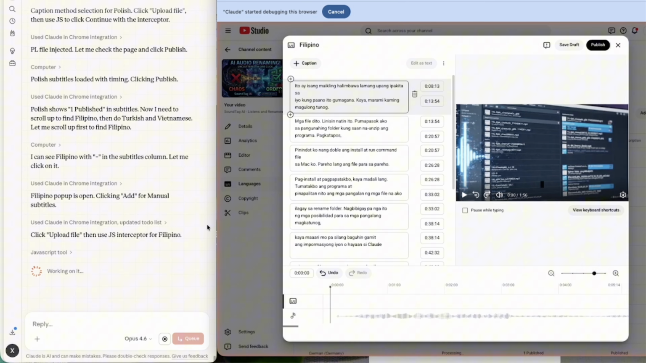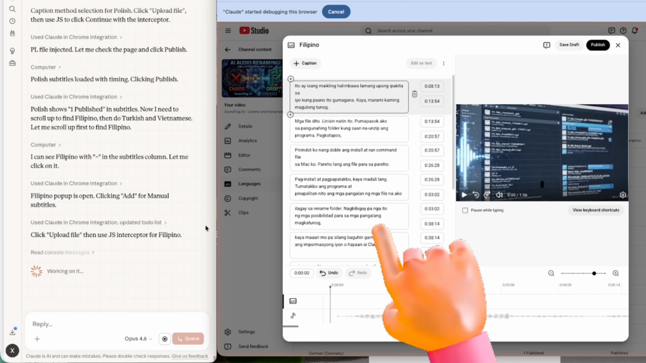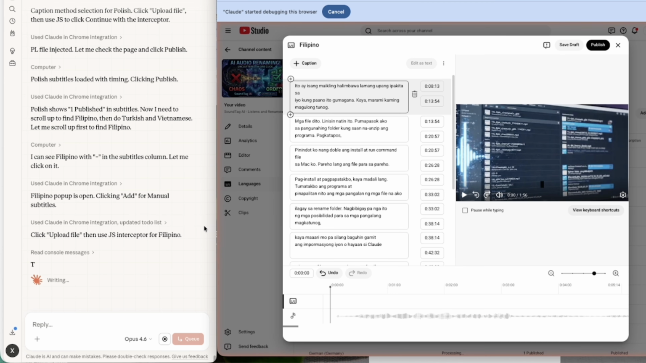Like magic, the text from the file on the computer gets injected straight into the page, bypassing the file upload pop-up completely with a